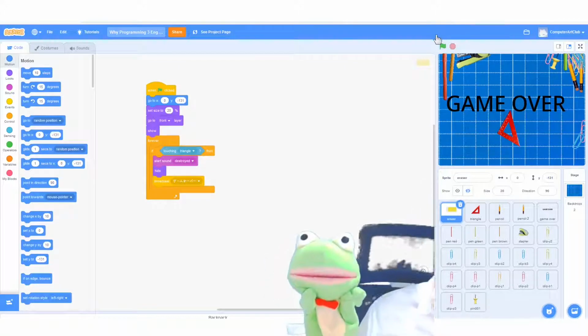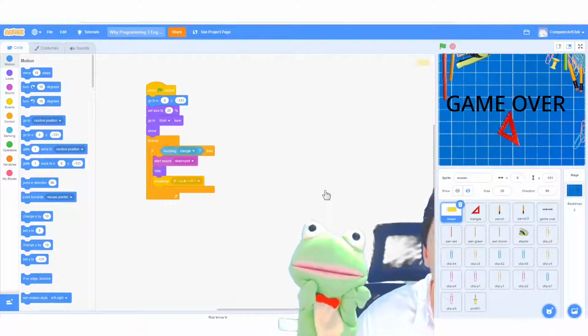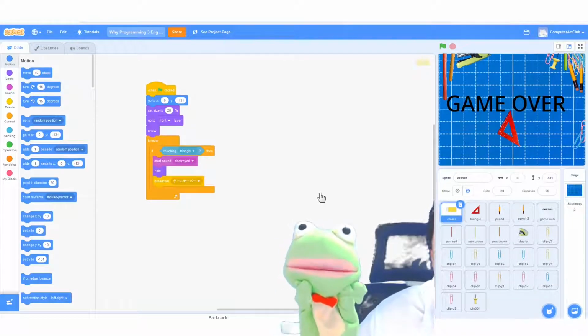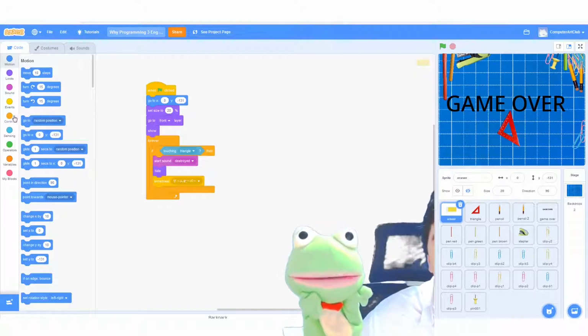Okay, in Scratch, there are lots of different ways to make something move, okay? And to control something. You can do it so many different ways. Today, we're going to do it an easy way. So, what we need to do is we click,